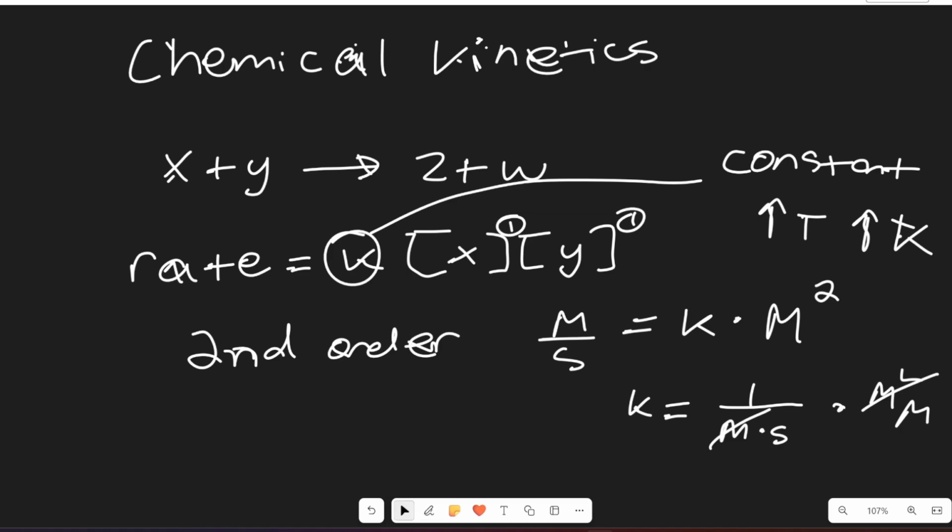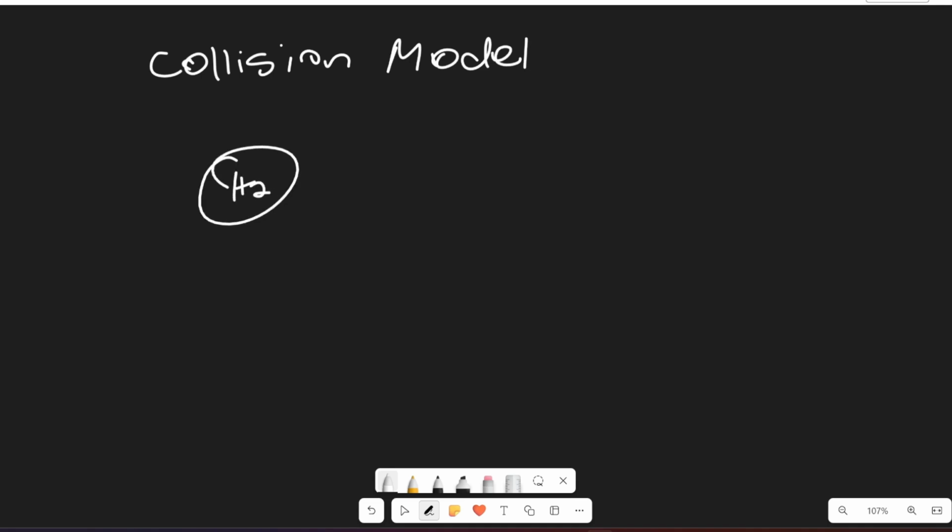And another important key aspect of kinetics is the collision theory or collision model, which essentially means that if I have two molecules here, let's say I have an H2 and let's say I have an O2, for these two molecules to collide and then also create a reaction, first they're going to have to collide with enough energy,